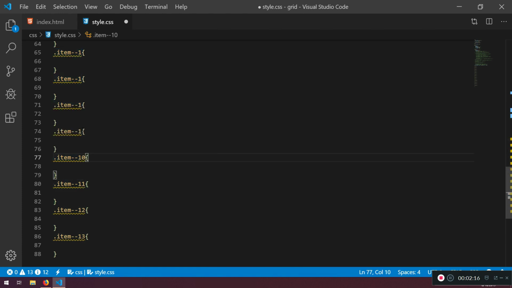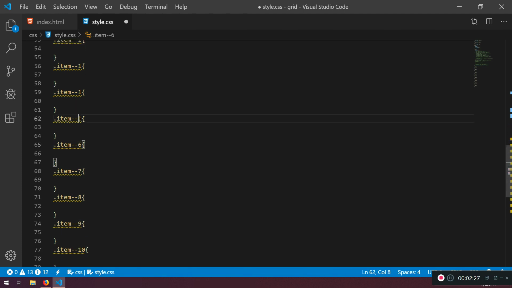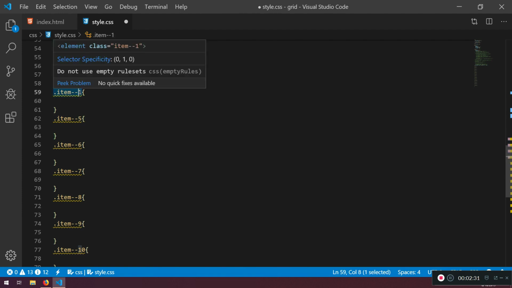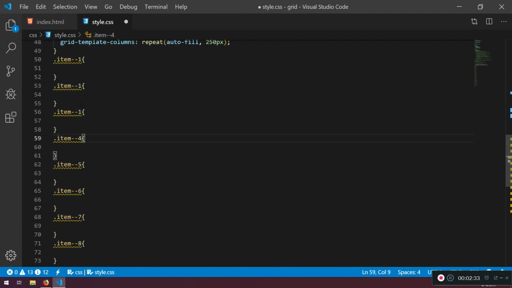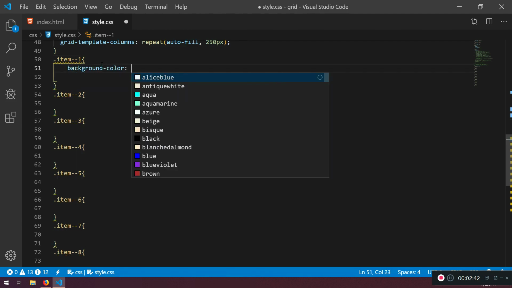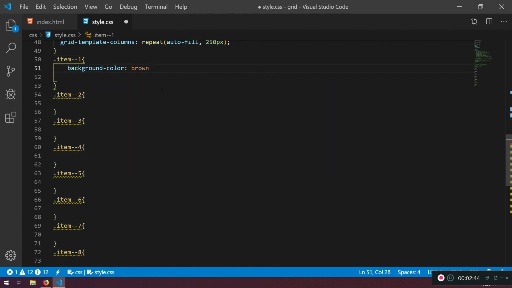And now here it's 10, 9, 8, 7, 6, 5, 4, 3, 2, 1, and here let's start giving a background color, and let's put brown here, semicolon, and